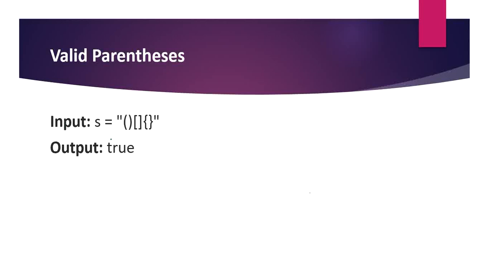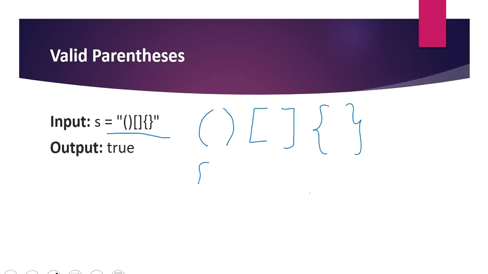So here, this is the input they have given, and we have to check whether it is a valid parenthesis or not. How can we say this is valid? There is a round brace closed immediately with a round brace, and a square bracket closed immediately with a square bracket. Similarly, there are an open and closed curly braces. This can also be arranged like a curly brace, a round bracket, and a square bracket, again a square bracket, round bracket, and curly braces. If you consider this example, this is also a valid parenthesis because they are closed by their own bracket and